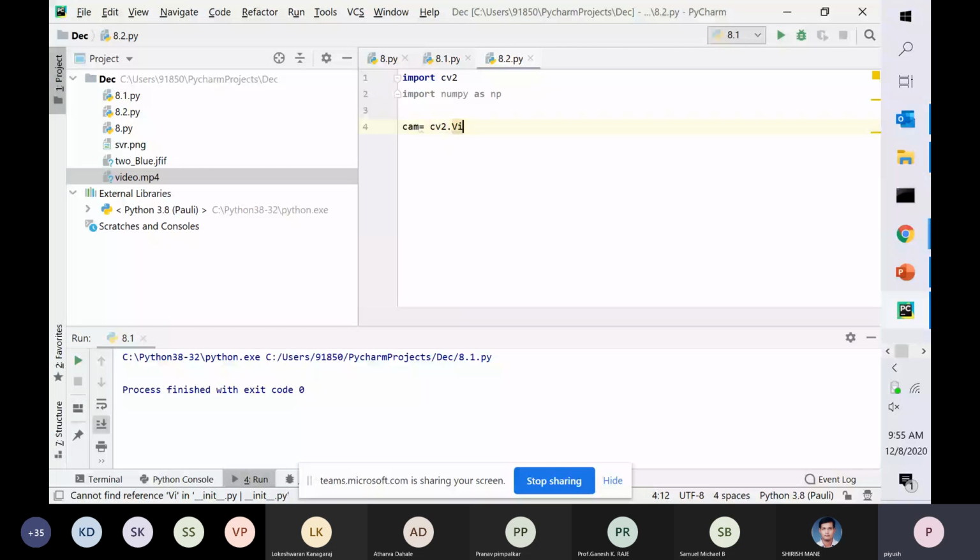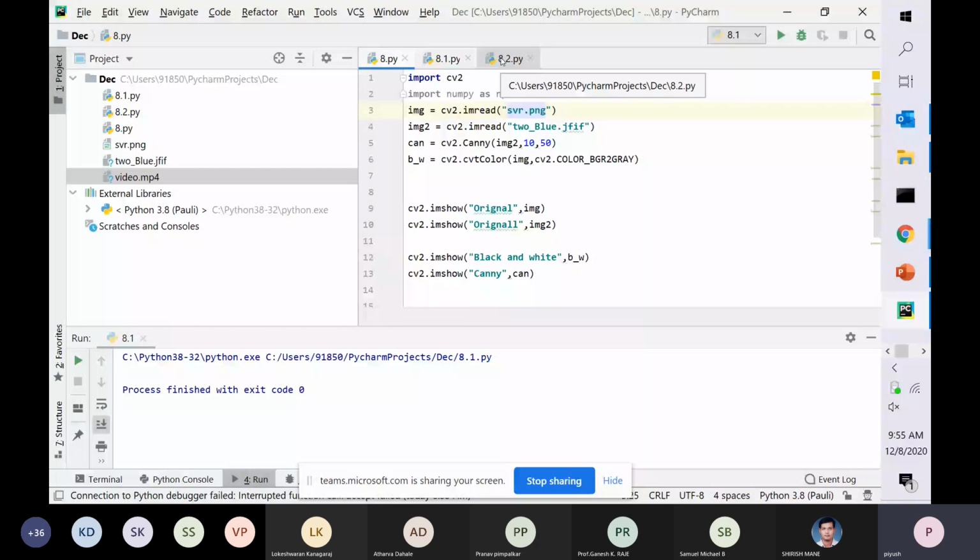I think there's a problem with importing video, so I'll just repeat how we have done in our first experiment here, about taking an image into consideration. So I'll take img and I'll just name it cv2 dot